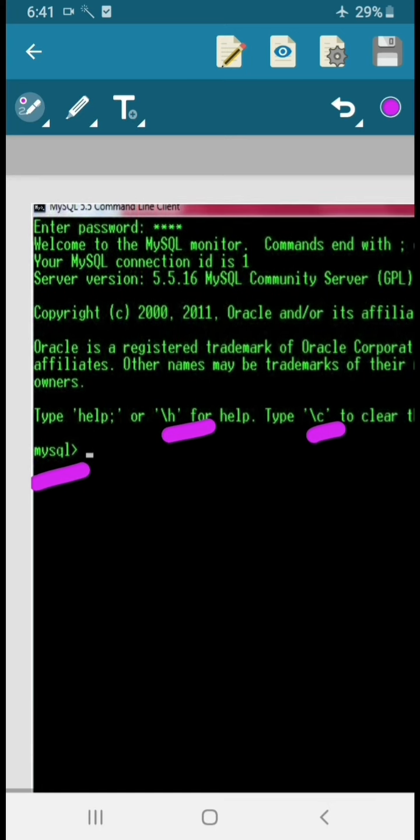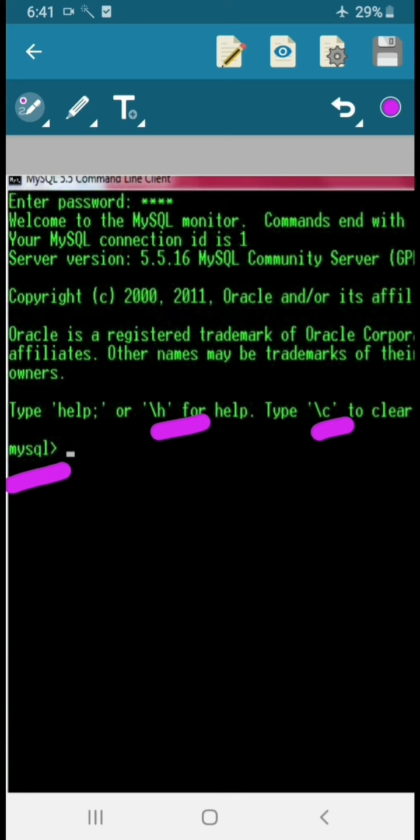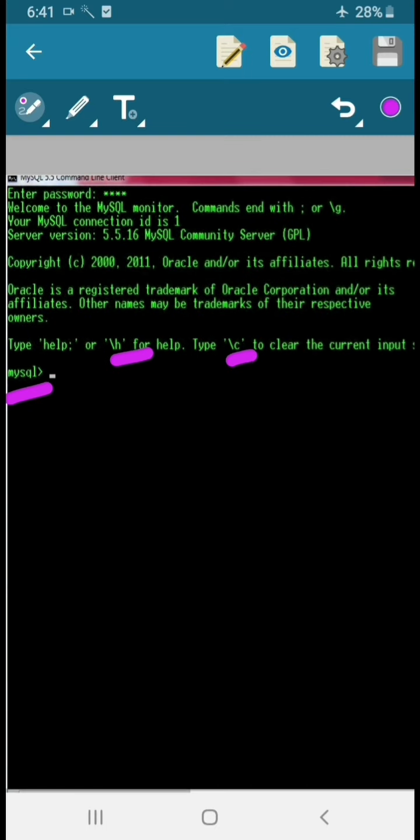Now we can write all the commands in this prompt. We can change the properties also by right clicking on the top of the prompt, then it opens the properties and you can change color, font color, size, everything.